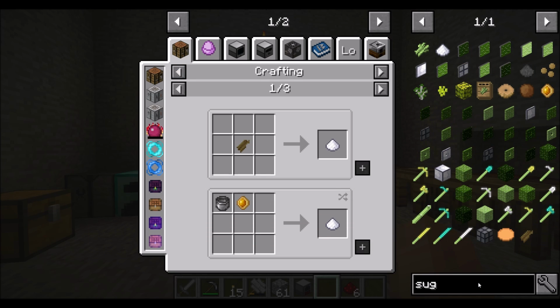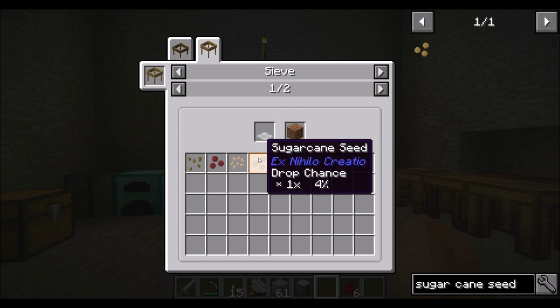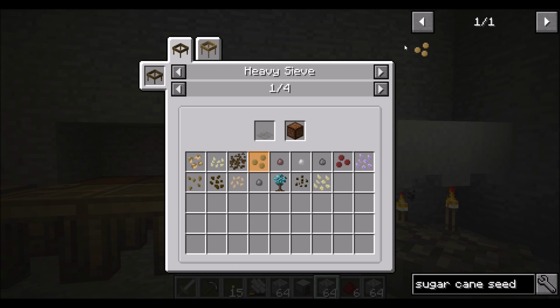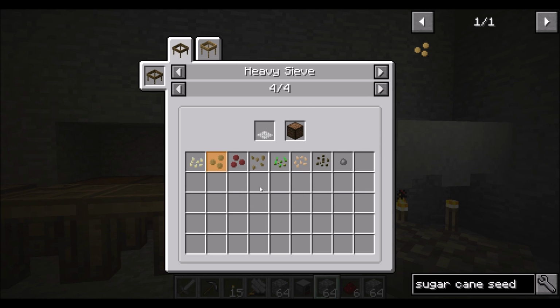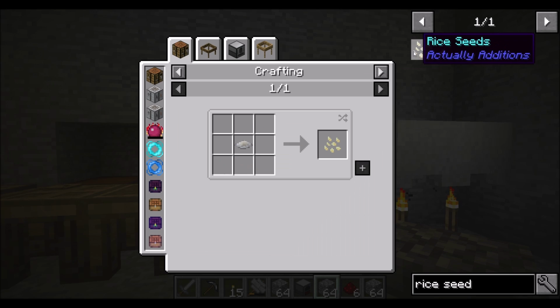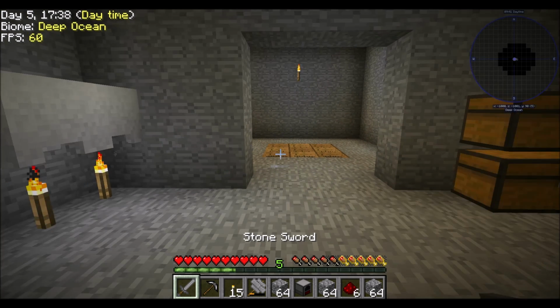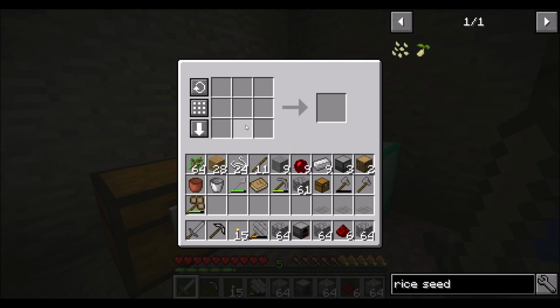You know what? It's sugar cane seeds, isn't it? Isn't that how it is in Ex Nihilo? Yeah, and that comes from dirt. Okay, so that's also a thing. So here's what I'm going to do. I'm going to sieve up a bunch of dirt. And these guys can come out of flint or string, but they won't come out of iron. Good to know. And what about rice seeds? Rice seeds will come out of flint only. So we basically want to use our flint sieves. So I do still have 3 of them. Let's get...